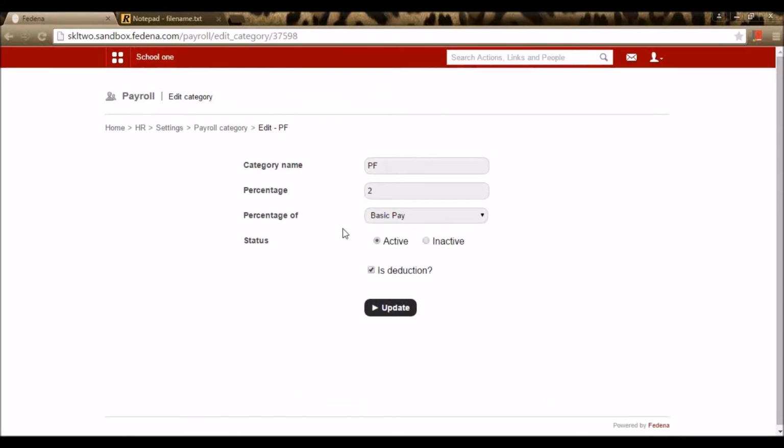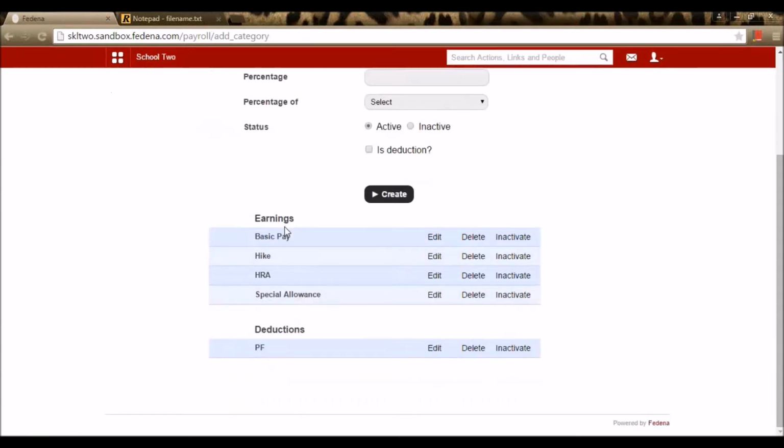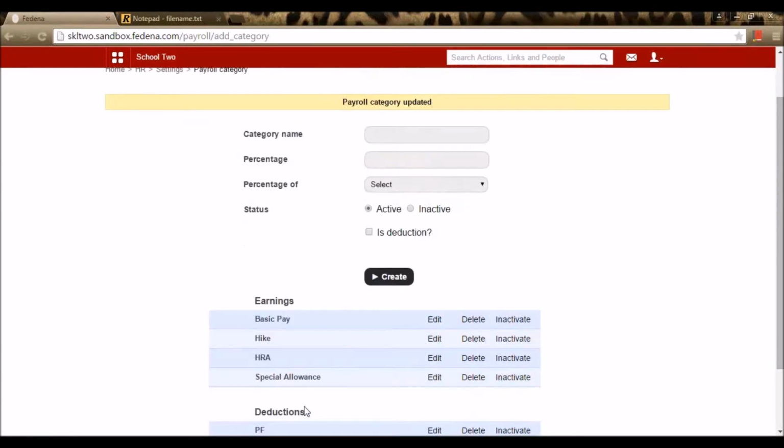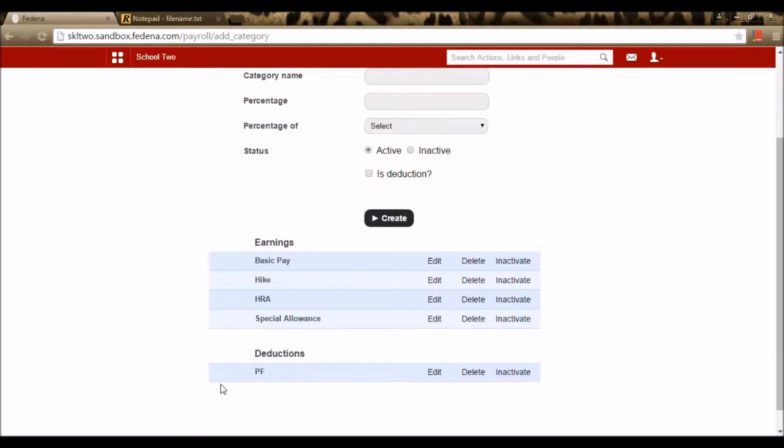It is supposed to be a deduction, so I'm enabling the deduction option. 2% of the employee's salary will be deducted in the category name PF. So in case I have a payroll category similar to this, earnings and deductions can be created.